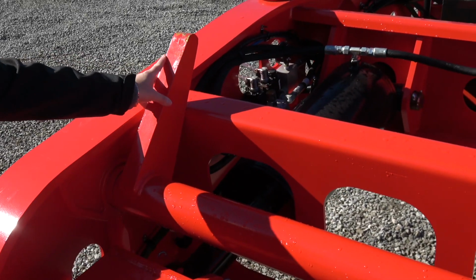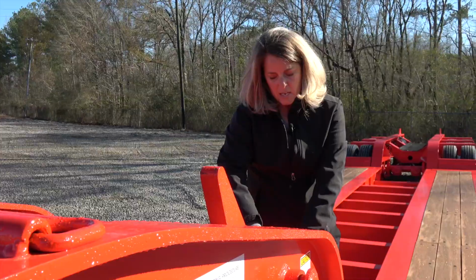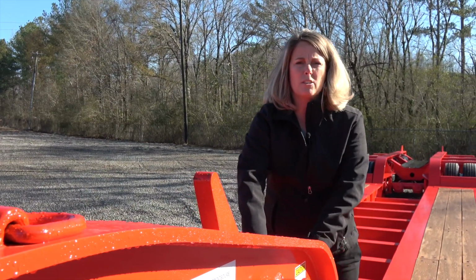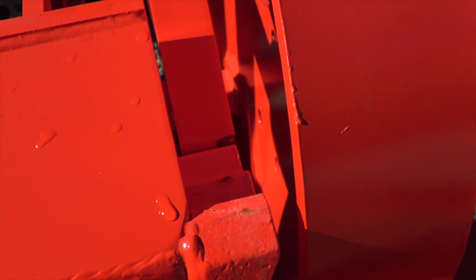So continuing on, this is a single cam pawl. This has a rack in here that gives you 5 cam pawl positions for ride heights. Typically, most people are going to run that on the second notch down, which is going to give you approximately a 50-inch nominal ride height. Each of these notches changes your ride height by about 2 inches. We do have options where you'll see where we have a dual cam pawl, and that'll give you 2 additional